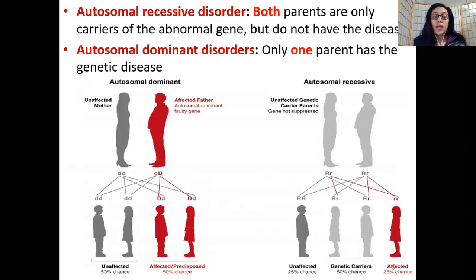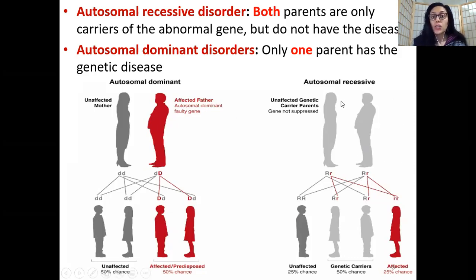Now there are two types of genetic disorders, roughly speaking. You have autosomal recessive disorder. Just look where my mouse is hovering. This is called autosomal recessive disorder, in which you can have parents being the carrier of the faulty gene. The parents are not affected by the disease, meaning they are not affected by PKU, but maybe they are carrying a genetic strain in which their children are likely to have PKU.